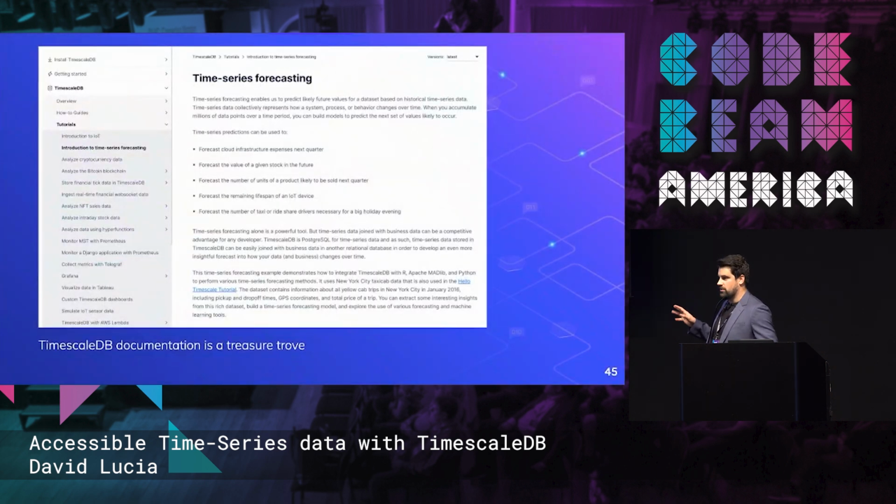Now, I love Elixir for many reasons. One of my favorite reasons is the quality of documentation and the ubiquity of it. Postgres also has a reputation for great documentation, and I think Timescale takes it to a next level. So if my talk at all interests you in that, the docs are going to be your best friend.